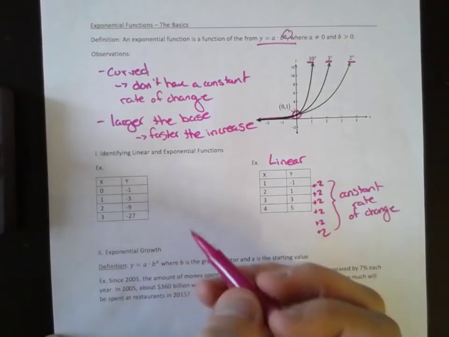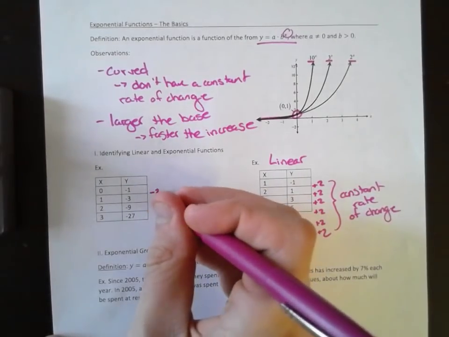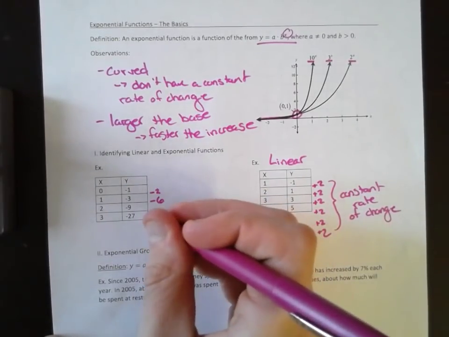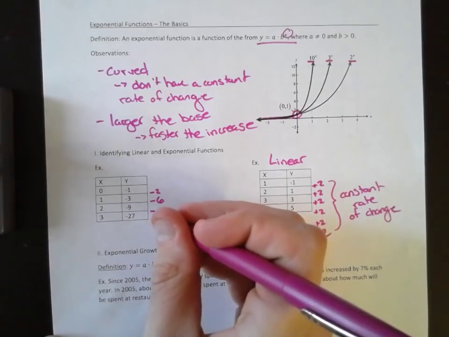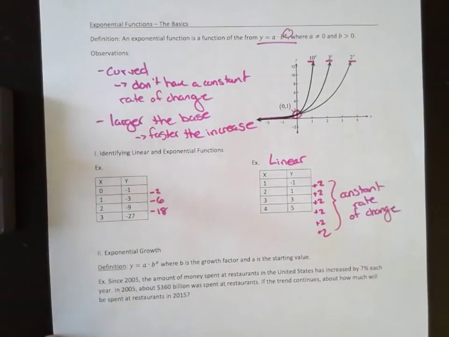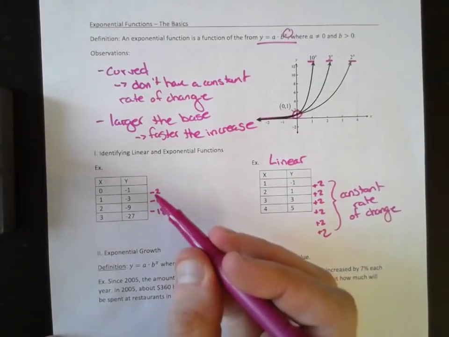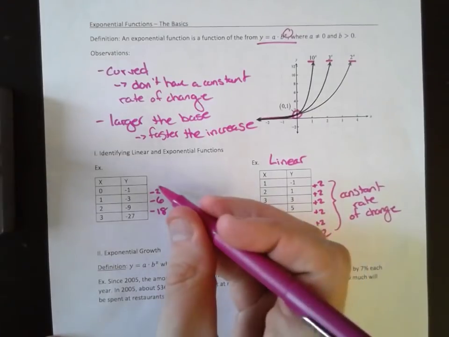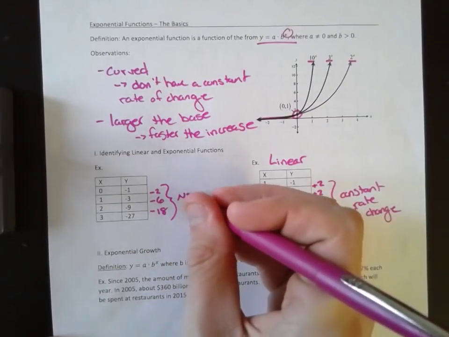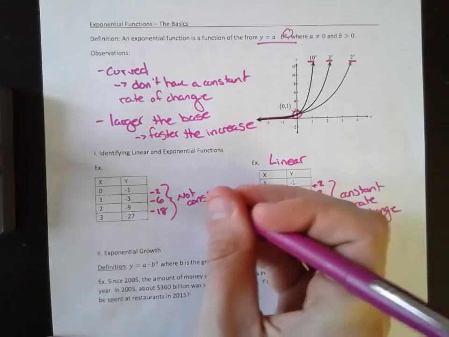If I look at the rate of change, this is going down by 2, this is going down by 6, this is going down by 18. Now, you may notice a pattern within how much it's decreasing by, but again, this rate of change is not constant. If you dive further,